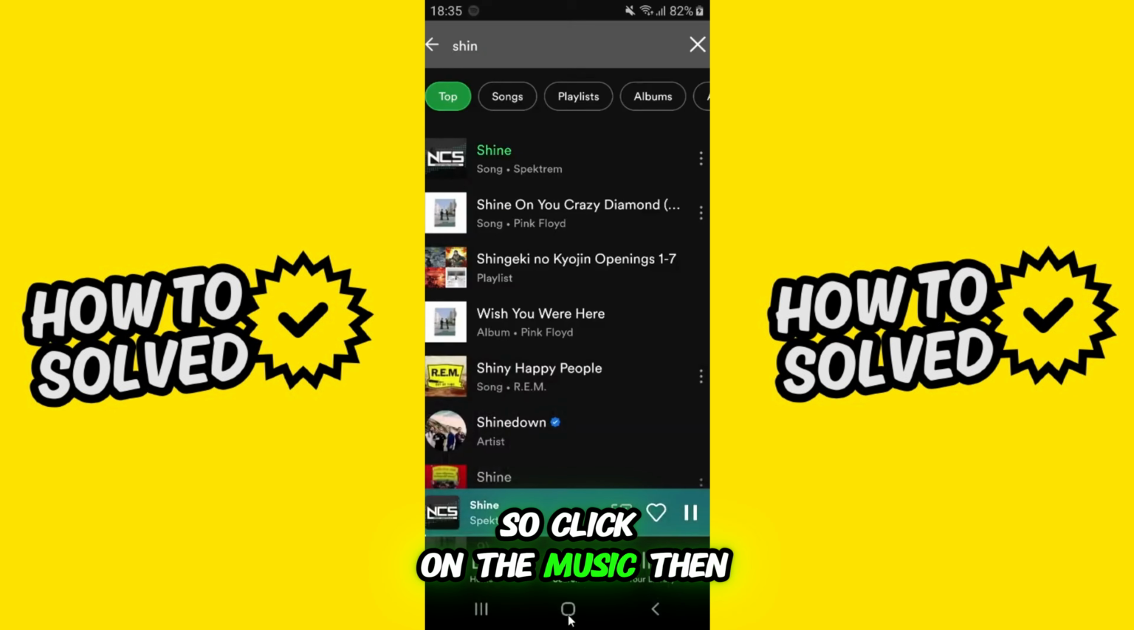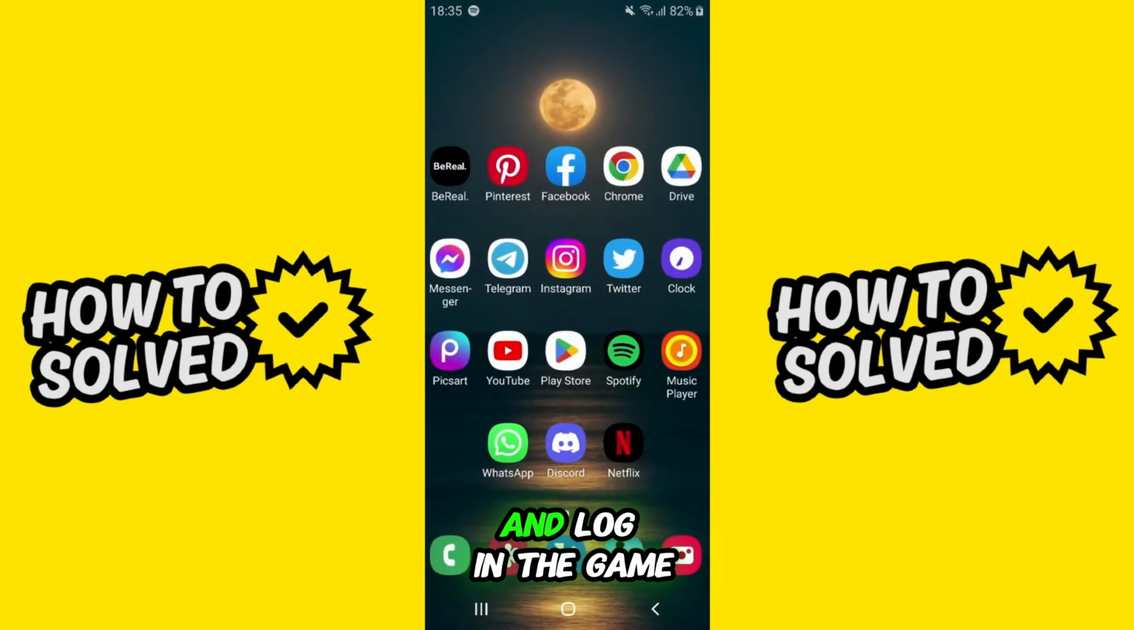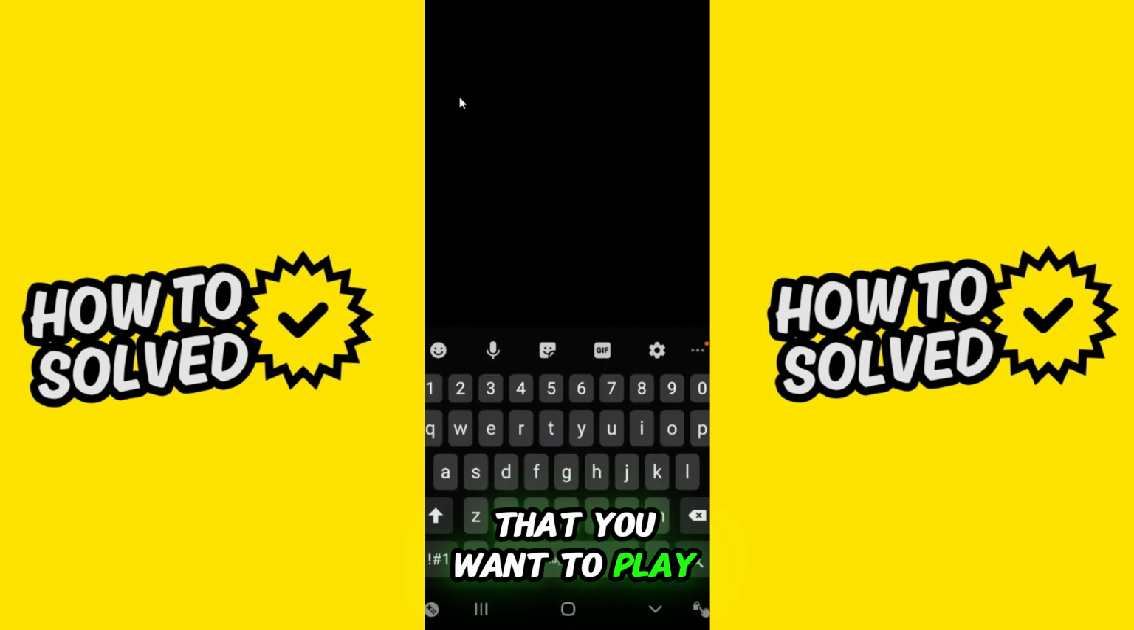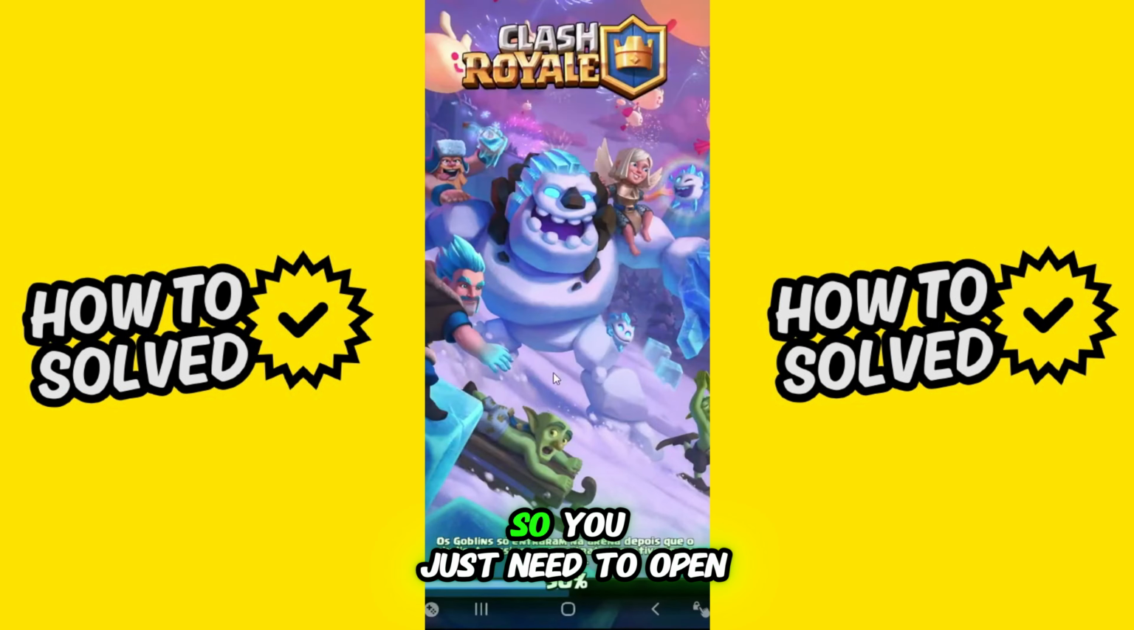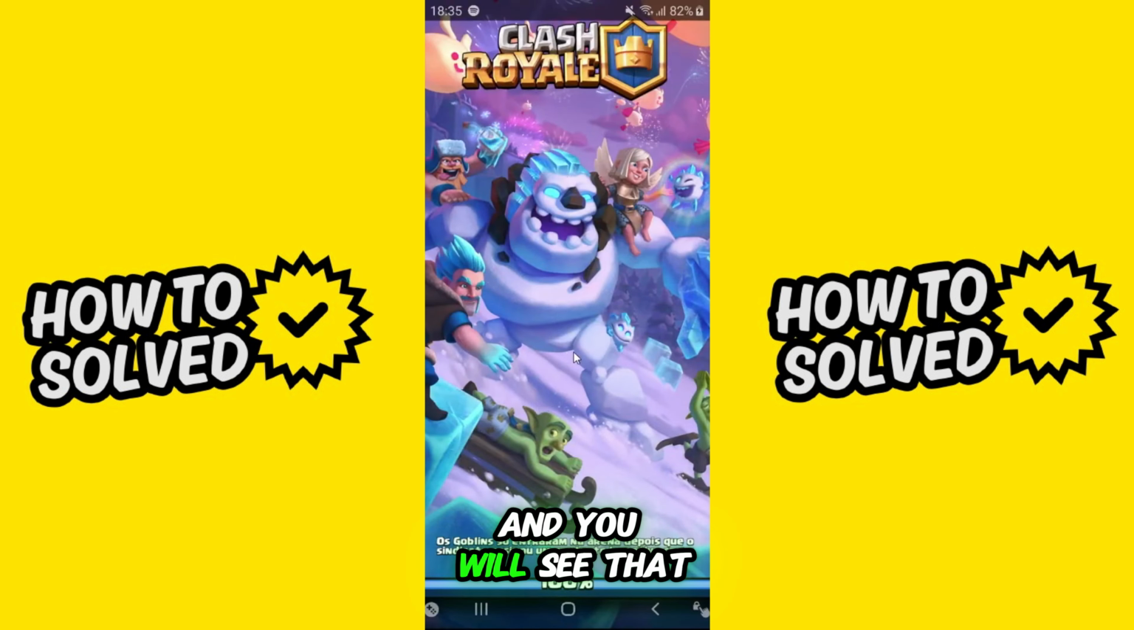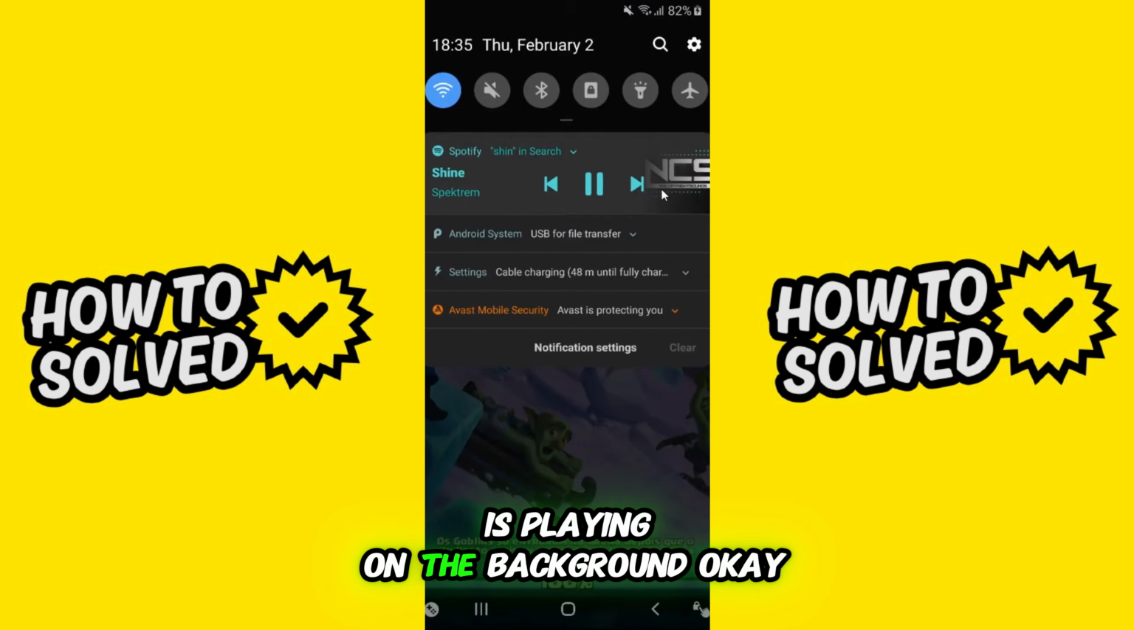So click on the music, then close Spotify, and log in to the game that you want to play. In my case, I will show Clash Royale, okay? So you just need to open the game and you will see that the music is playing in the background,